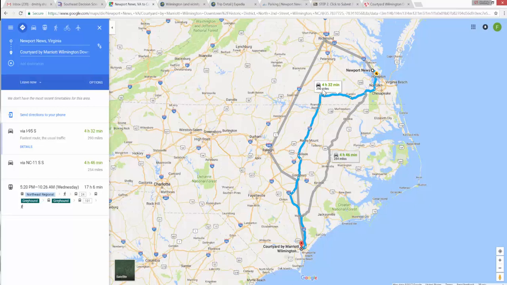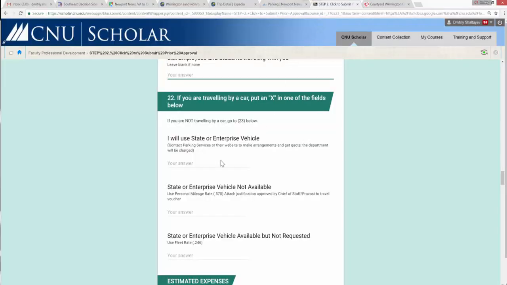So if I decide to take my car or a university car, by the way, we're required to check if a university car is available first to begin with, right? So 290 miles, and what I have to do, if I use the state car, I have to put the check mark over here. And in this case, I need to provide the estimated